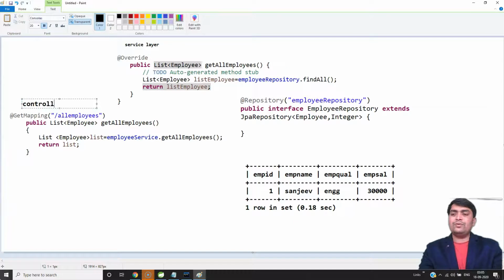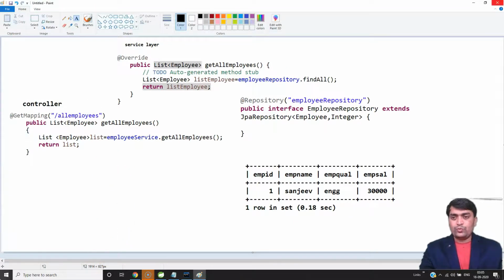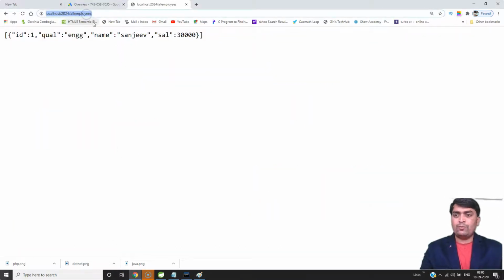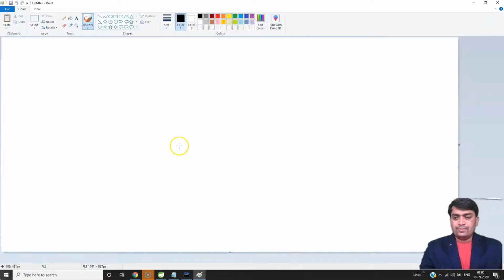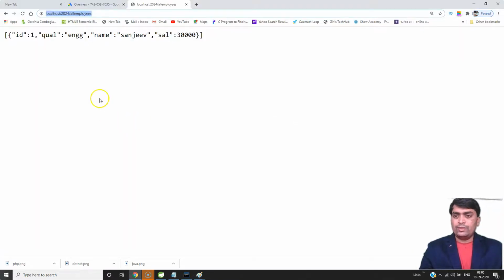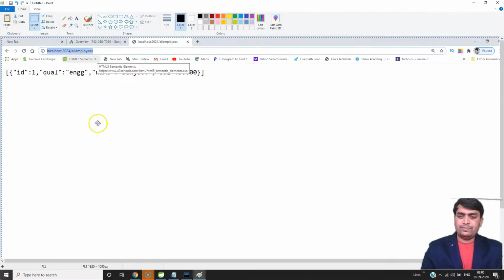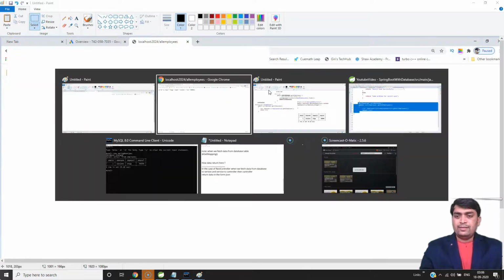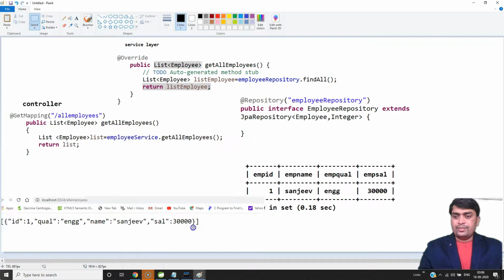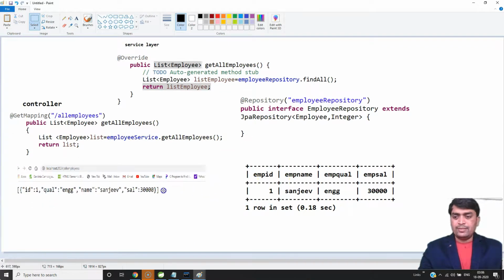Then how it is executed is very important. Suppose this is your endpoint, and this is your end user.